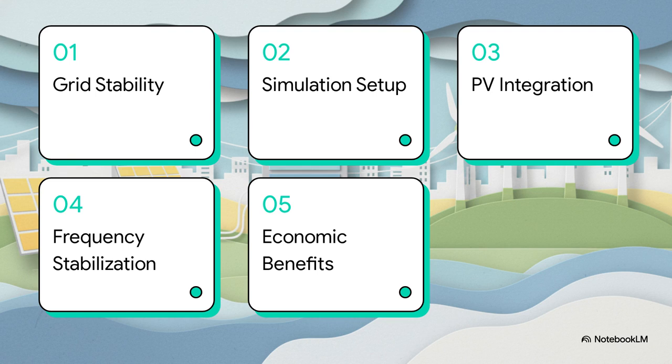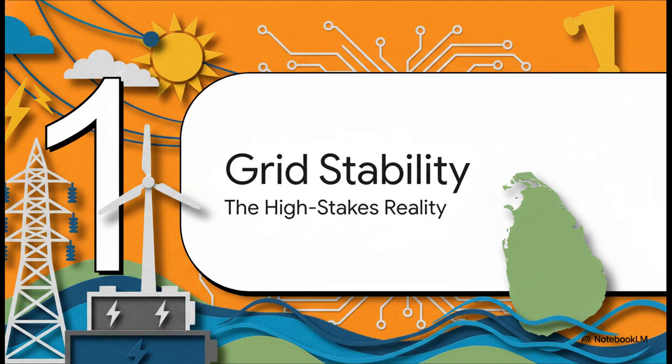We've got a tight roadmap today. We'll start with grid stability and peak demand, move right into our step-by-step simulation setup, cover PV integration and system control, dig into frequency stabilization algorithms, and finish up with the economic benefits of storage. Let's get into it. Section 1, Grid Stability and Peak Demand, or what I like to call the high-stakes reality